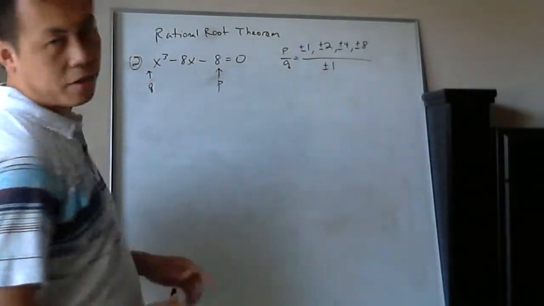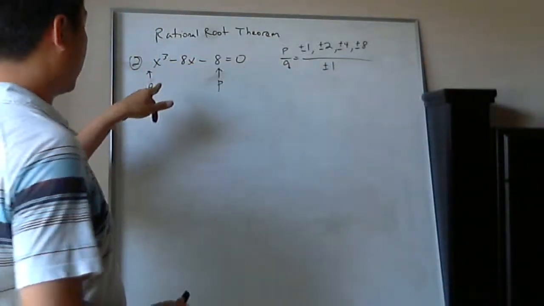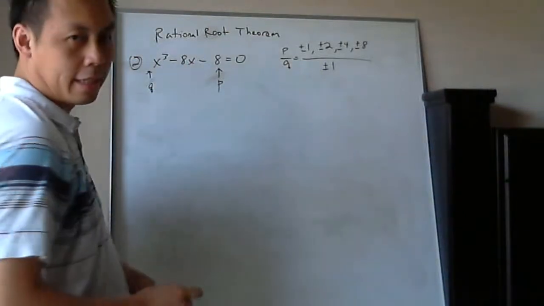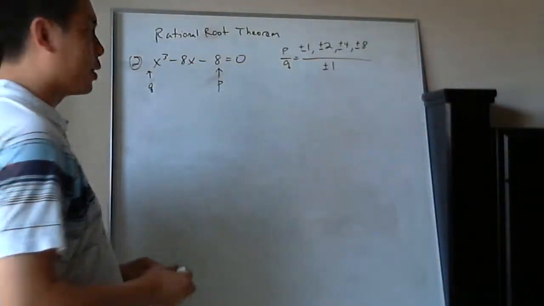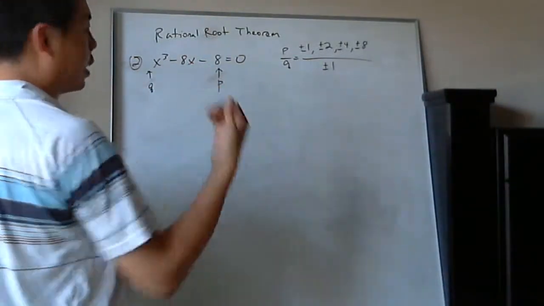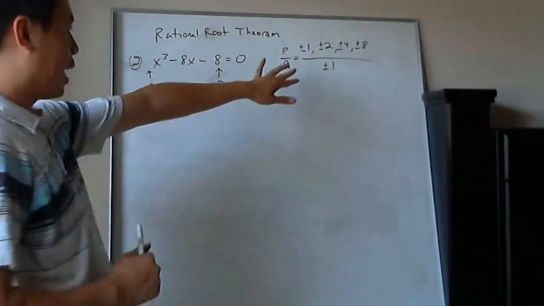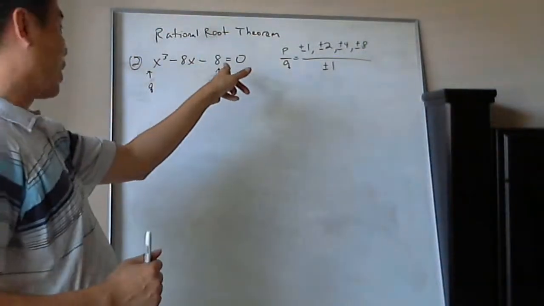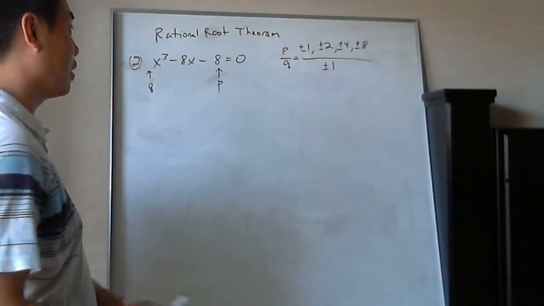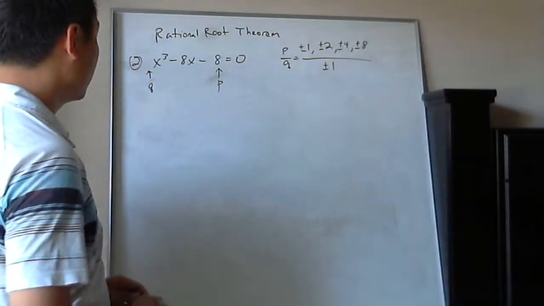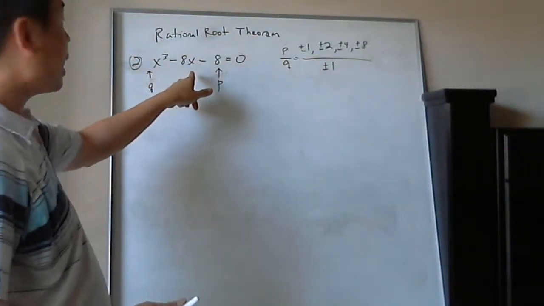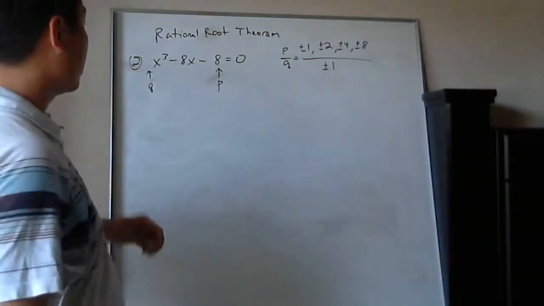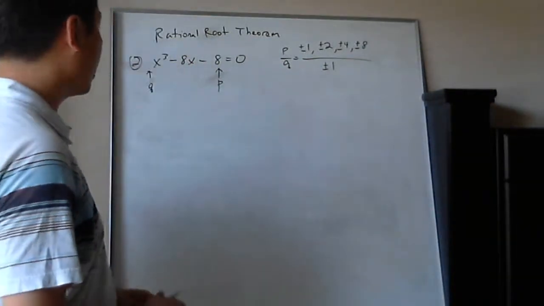Example of a rational root theorem. So I have different factors now, and if you look at my last example, the numbers were just 2 and 2 on the other video. Now we're gonna have a tougher number, 8, because 8 has a lot more factors and a lot more different possibilities. So I have x cubed minus 8x minus 8,